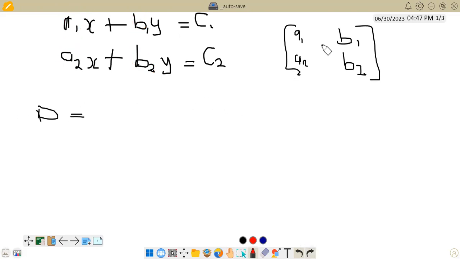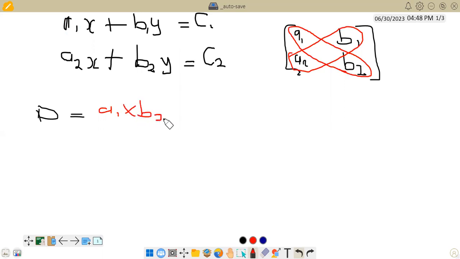Now to find the determinant, we said that you subtract the product of this diagonal minus the product of this diagonal. So a1 times b2 minus a2 times b1. These are determinants. But now to find Dx,